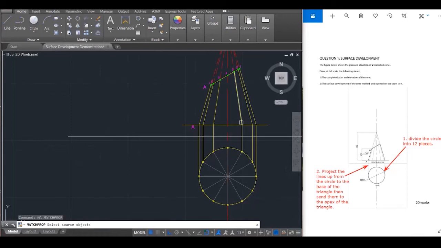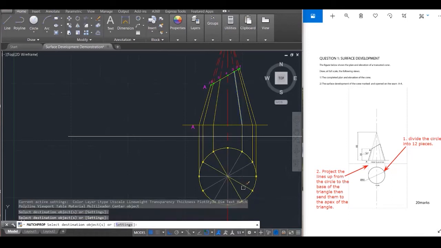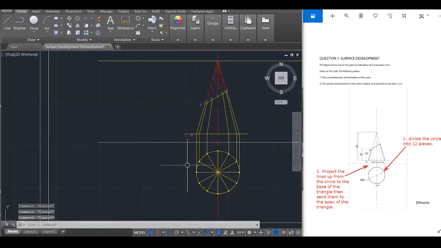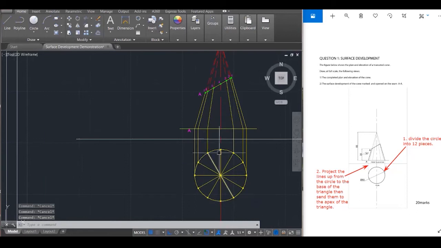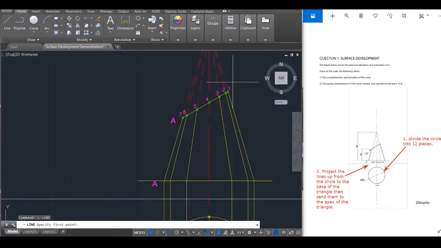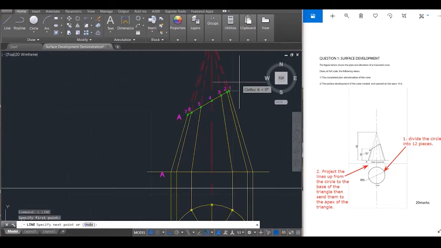Yeah, I'm going to put them all into the construction layer for now until we finish with these things here. So everything is on the construction layer, and then I'm going to put them into the appropriate layers at the end of this demonstration. Right, so I'm going to project these lines here from 1 down,